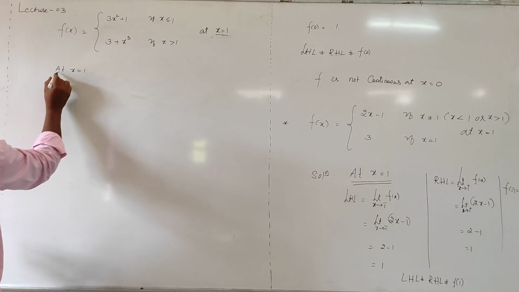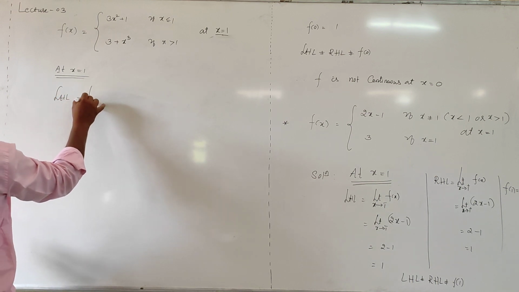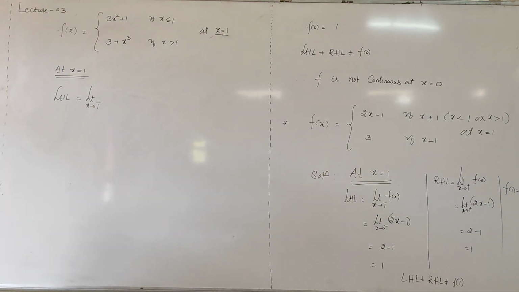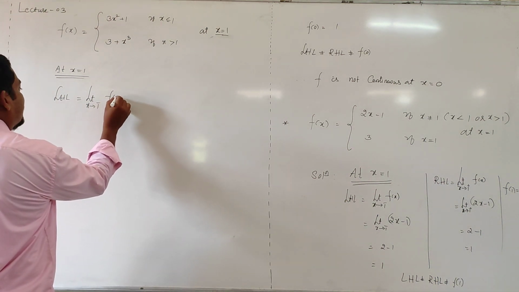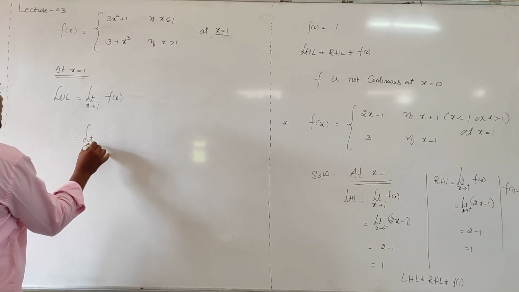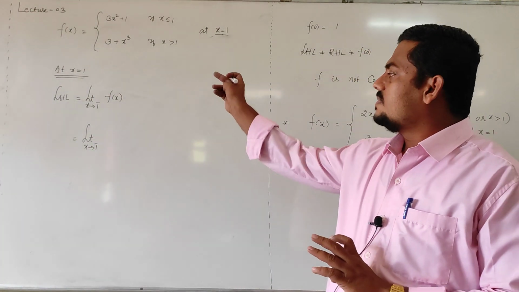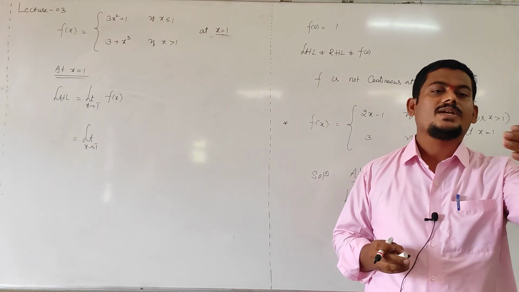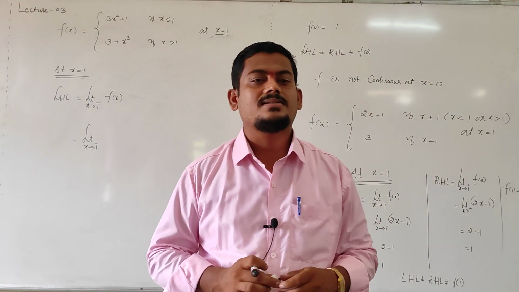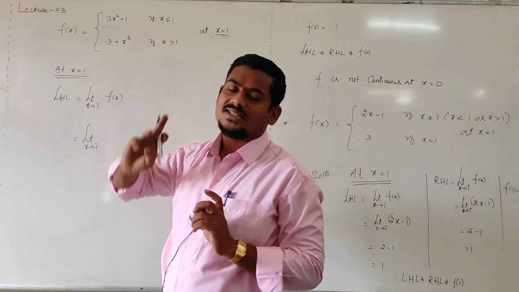Now same procedure only, evaluate left hand limit. What is left hand limit notation? Limit x extending to 1 minus, write f of x in general function. Next, limit extending to 1 minus. Tell me what is our f of x? When x value less than 1, extending to 1 minus, it indicates x value less than 1. Once x value less than 1, what is our f of x?